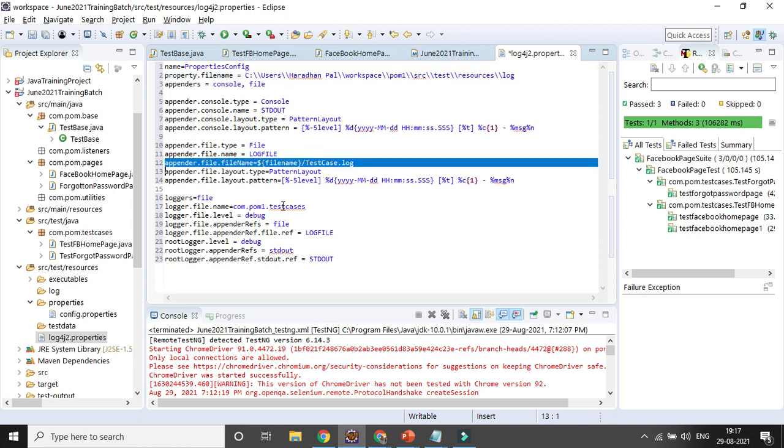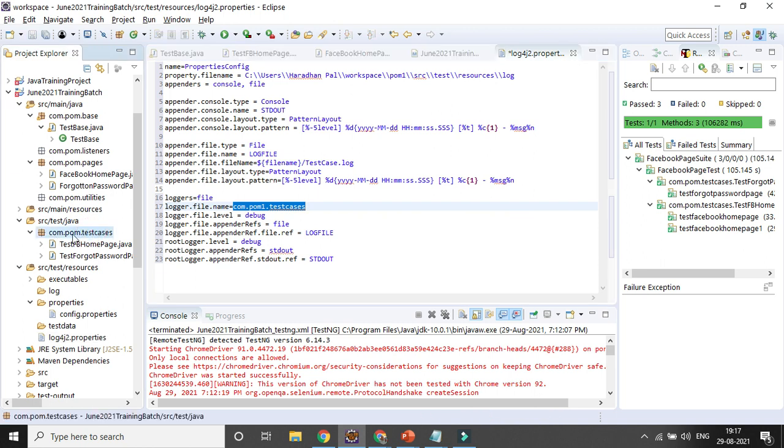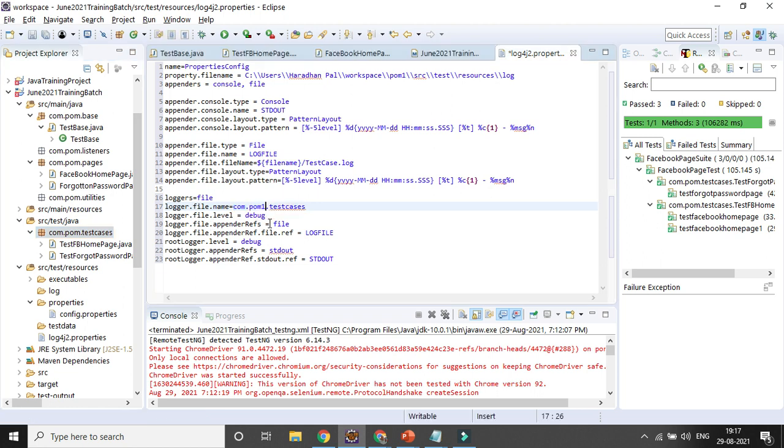Then you need to change the logger name, meaning which package you want to run. All my test cases are stored in the package com.form.testcase, so I can update it to that. That is my package where all the test cases are, because I want to run the test cases.